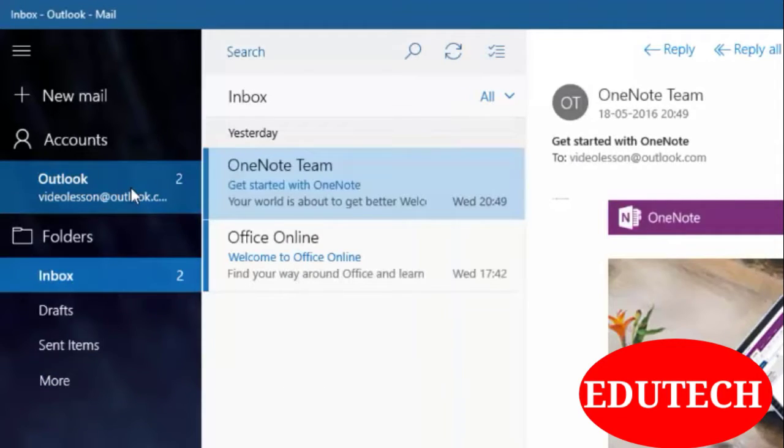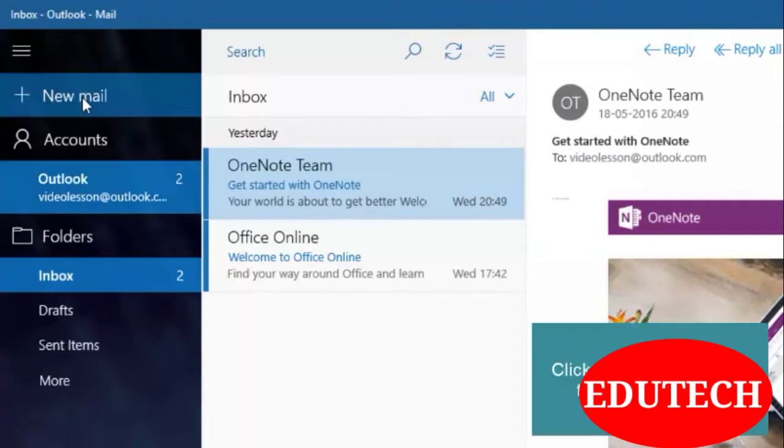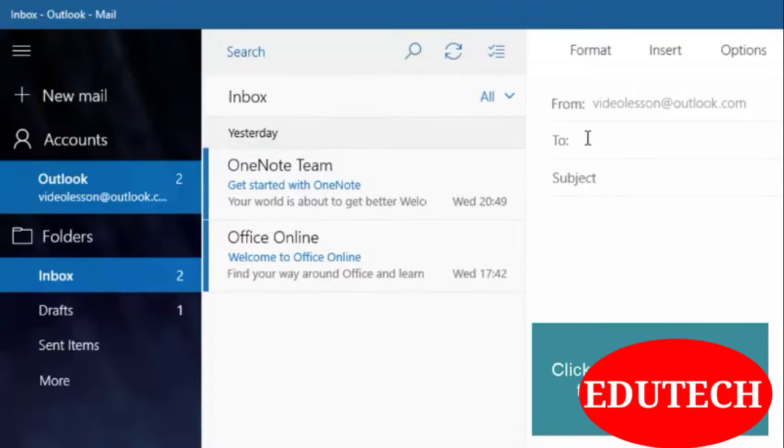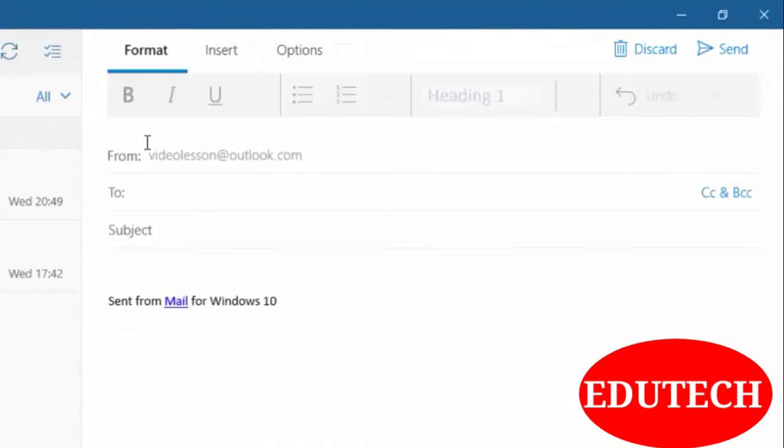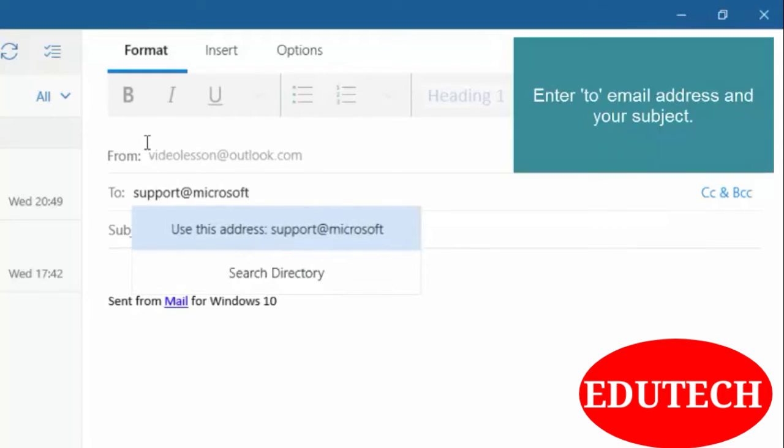Now let's see how to compose an email in the Outlook Mail app. Click on this New mail button. When you click on this New mail button, on the right side one window will open where you can compose your email. I want to send my email to support@microsoft.com.